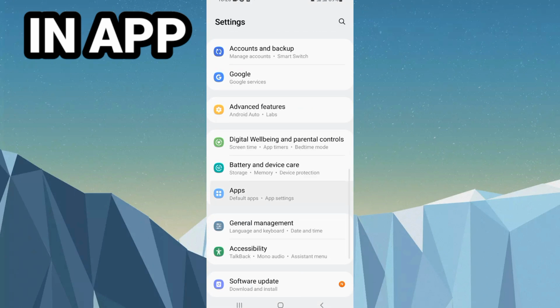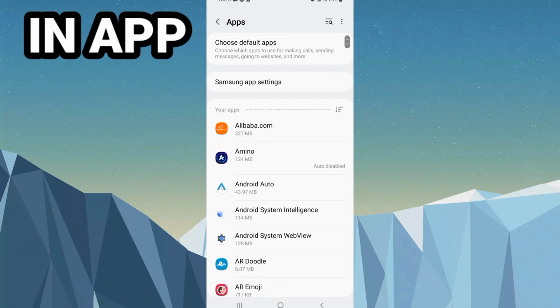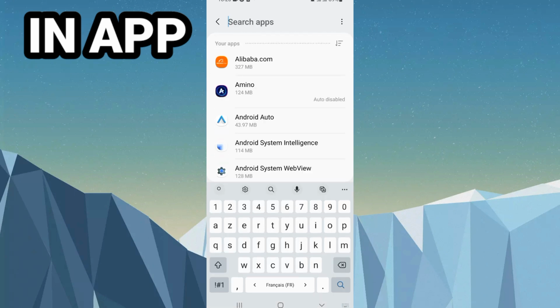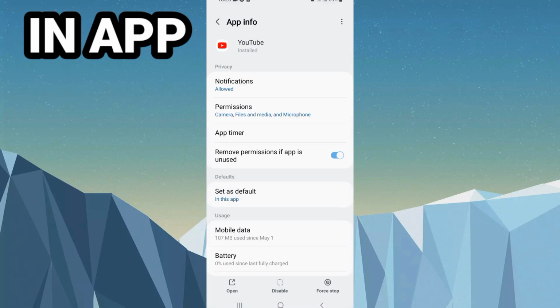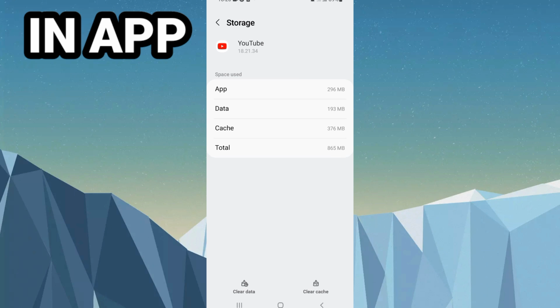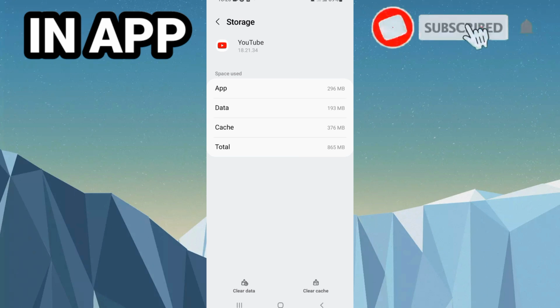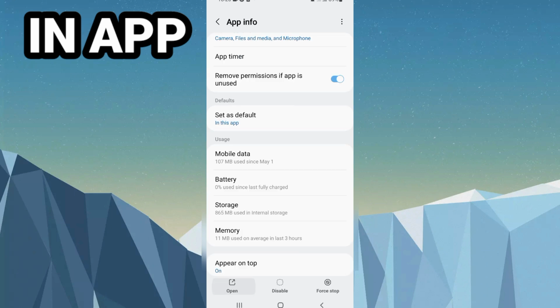Then here, search for the apps option and open it. Here you will find all the applications that you have on your phone. Search only for YouTube. Open YouTube like this, then scroll down to your phone storage option. So right here, be careful, don't click on clear data, click just on clear cache and go back, click on